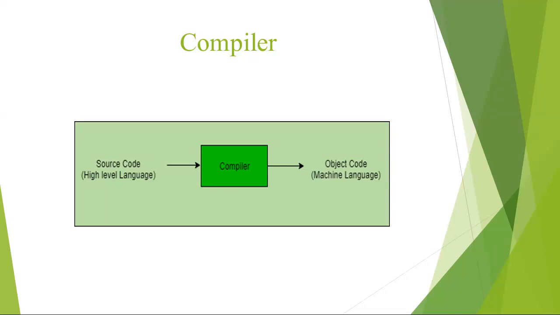all at once. Source code is basically a computer high level language program that needs to be converted into a machine language program so that the computer can execute it directly, because the language of the computer is machine language, the binary language in which the computer works. The computer can't work on high level language, so compilers work as an intermediate between them to convert the source code into object code.